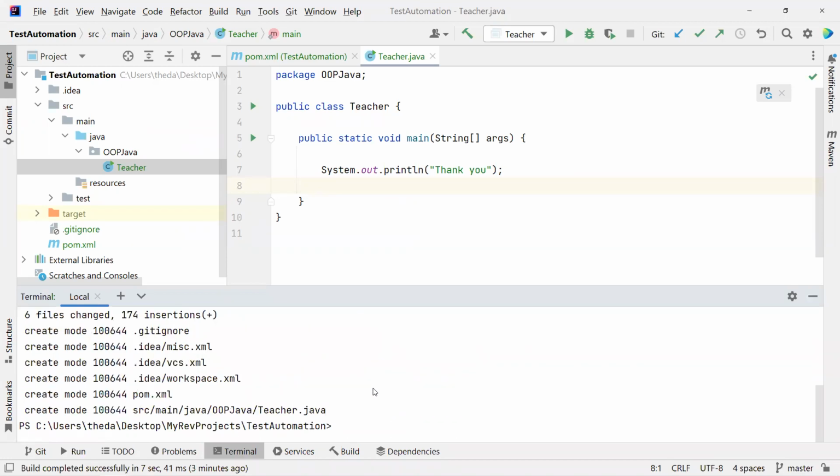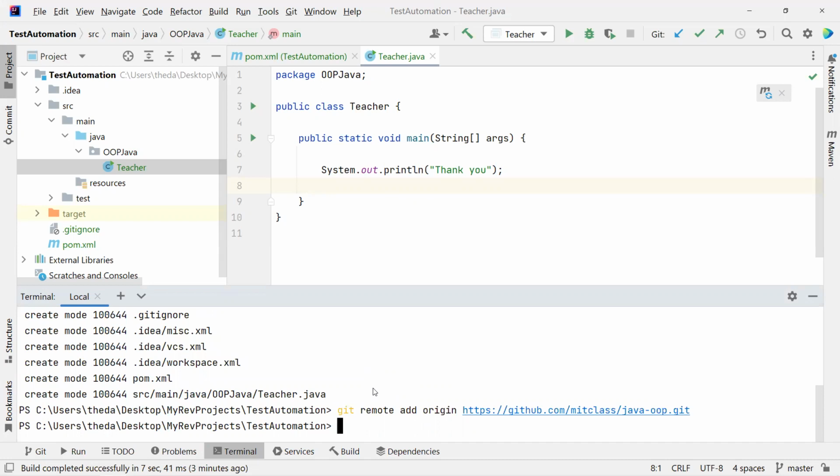Then say git remote add origin. So we are connecting the remote repository, and the link is here. I just copied it from my GitHub repository java-oop. Enter, then just say git push -u